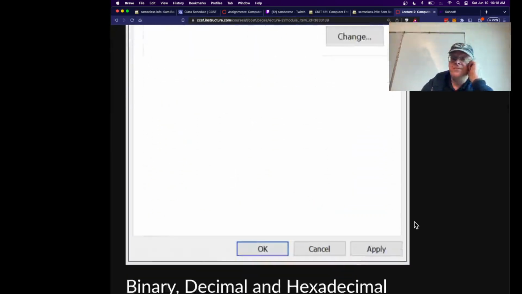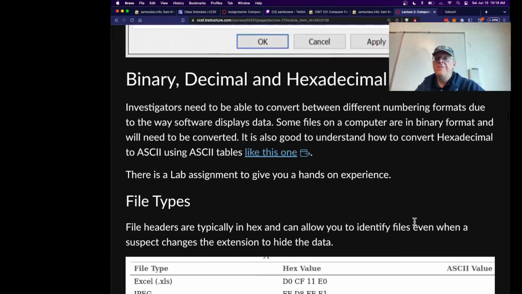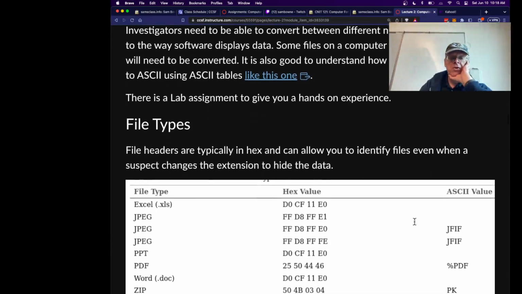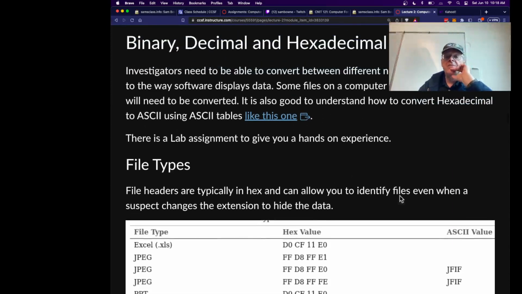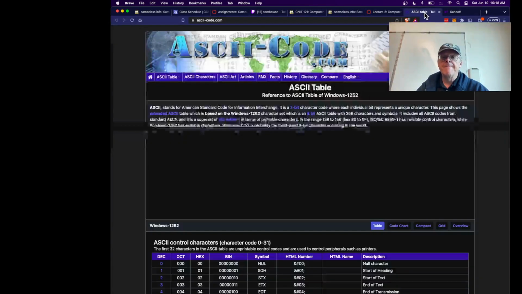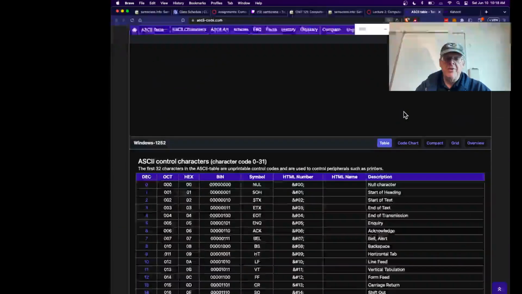Good questions. All right, so then you need to know different numbering formats for any kind of computer work, and in particular in forensics it comes up more than others because if you really want to know what's stored on a device, it's best to just look at the raw device. And in order to look at binary data, you typically have it in hexadecimal. So everything is stored in hexadecimal, and let's see if this ASCII table is going to open. Yeah, so for example here,